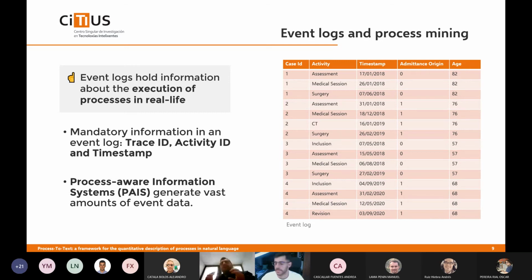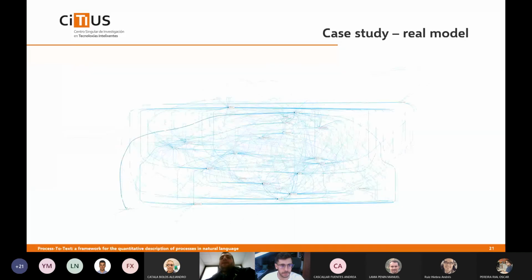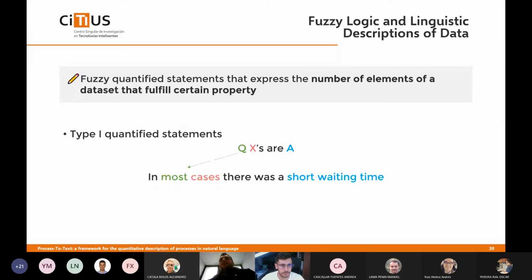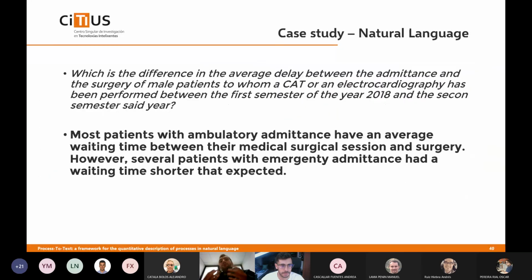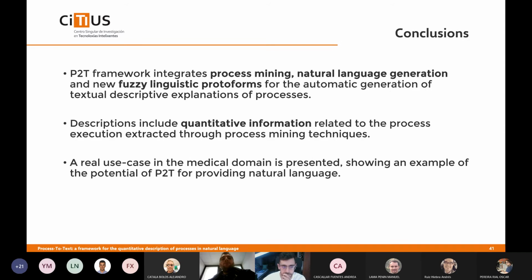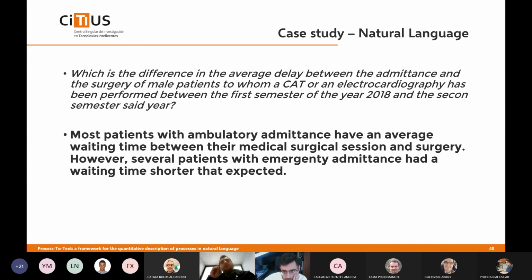So you showed us an example where we have a question, and I imagine this question was asked by the user, and later the system answered it in order to tell us the answer, to make relations between different data. So are you thinking of making a discussion, a sequence of questions where the system is able to give more data to the user? For example, here you say most patients with ambulatory admittance have an average waiting time between their medical surgical session. So this you are giving more